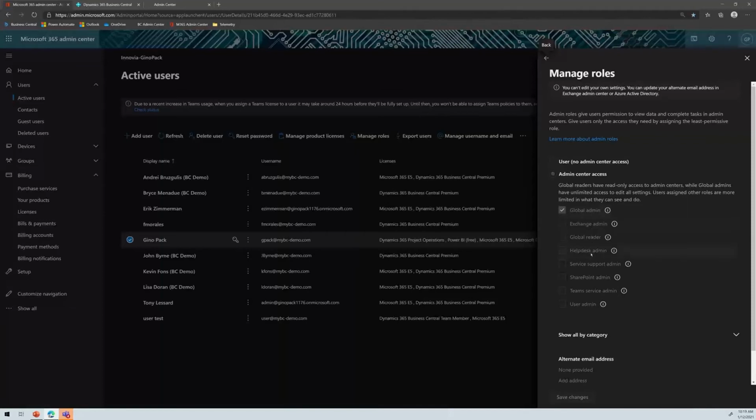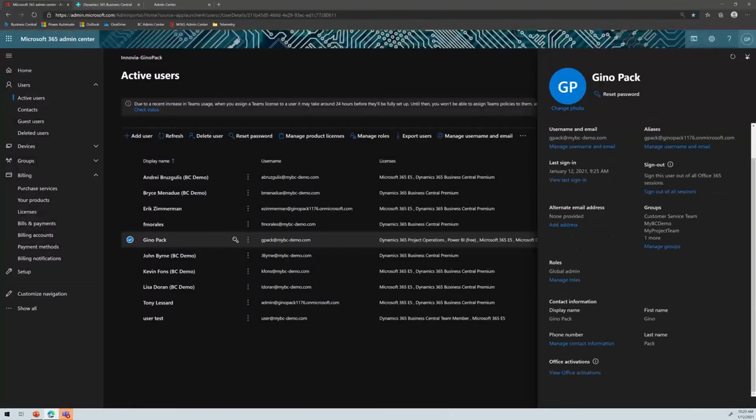The second one is what's called help desk admin. If you assign them this permission set, it will allow them to get into the Business Central Admin Center, as well as do some other Microsoft 365 tasks. If you hit this little icon in here, the tooltip will display and show you the non-admin roles that the help desk admin has. But it'll allow a user or a power user or a Business Central ERP admin to get into the admin